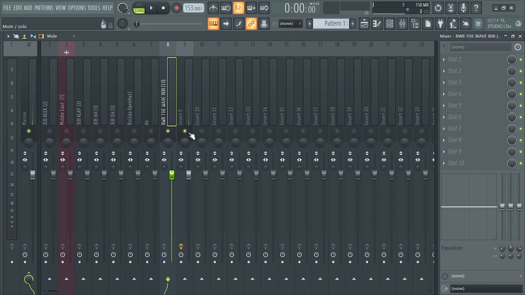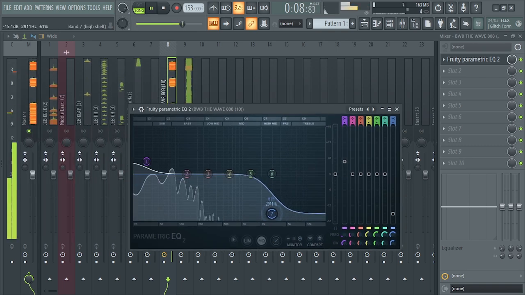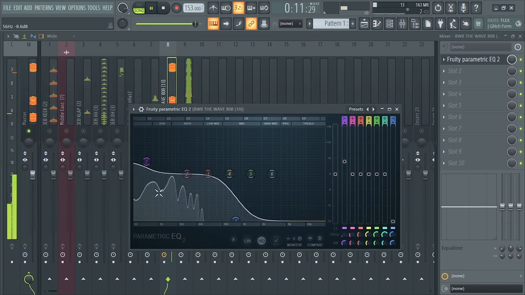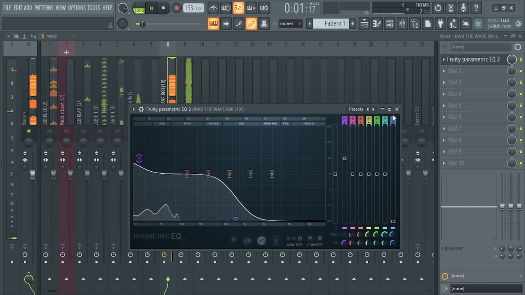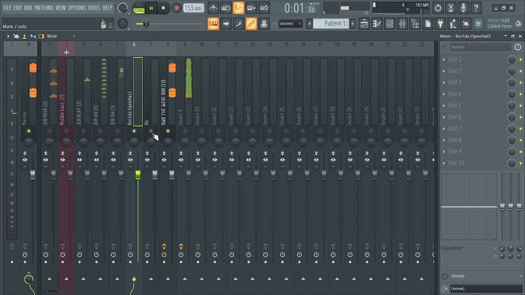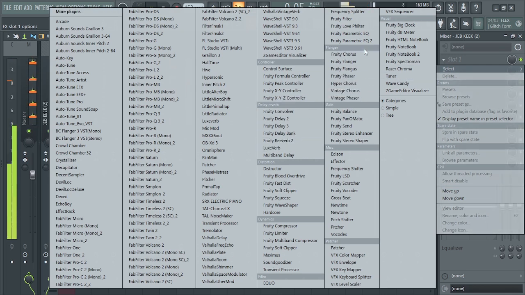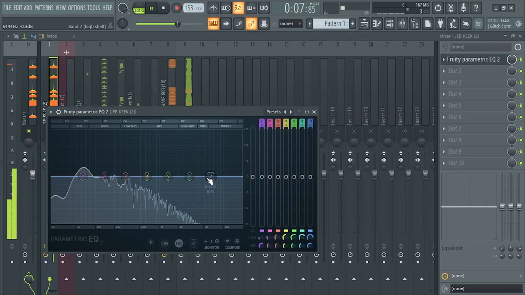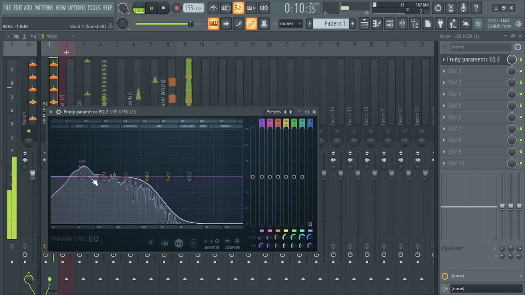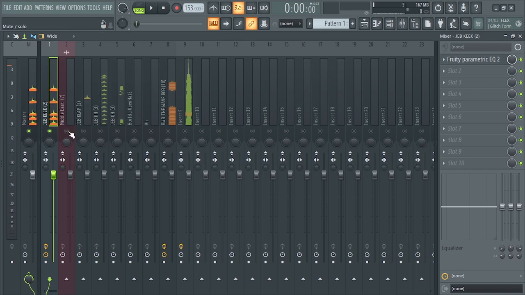And this is the bass. All right, so you can also EQ your bass by cutting off most of the unwanted frequencies. Because it is bass, you're gonna cut off most of the high ends and boost the low ends. All right, the same thing to the kick. Let's EQ the kick. All right,